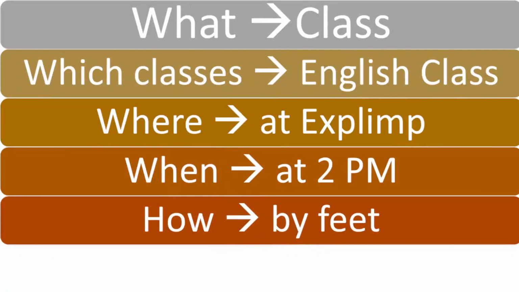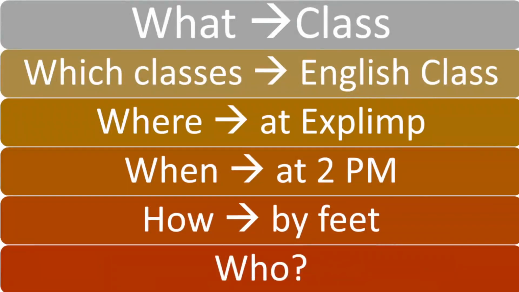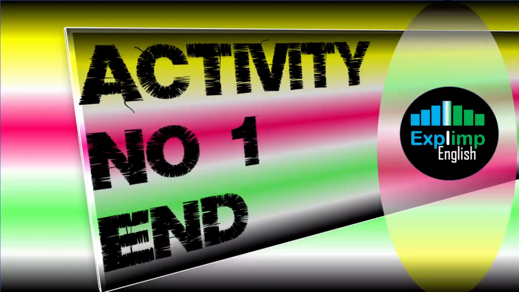Now, we have done how, why, who, and whom. And this is the activity number 1. This is the end of this activity. Thank you very much for all of you. At the end of this activity, I just want to tell you, English is very easy. Don't take it very difficult. It's not complicated. Don't take tension. You just start asking these questions and answering these questions. Start doing this activity. Start from the easiest thing.